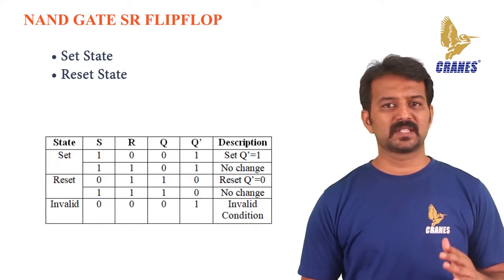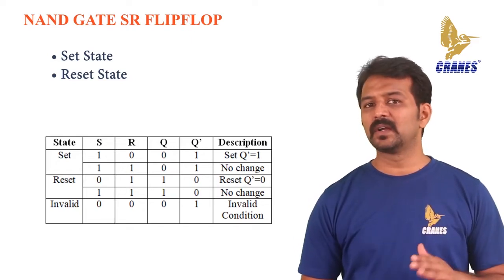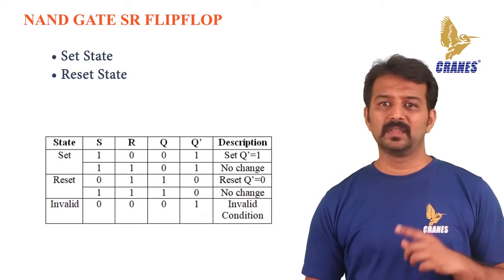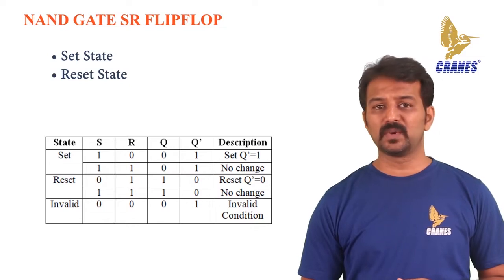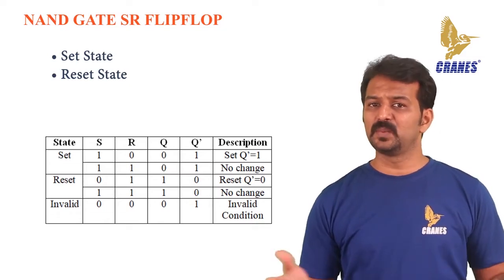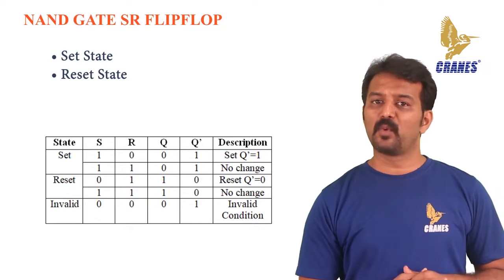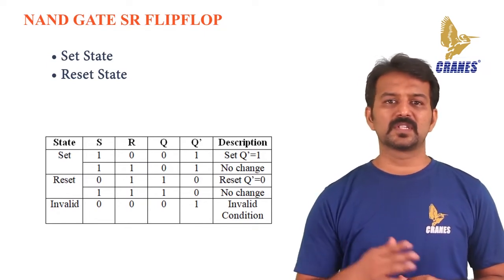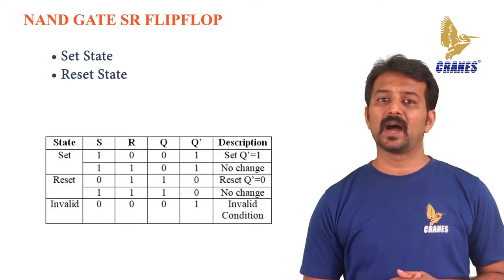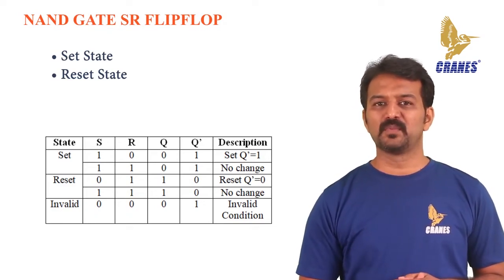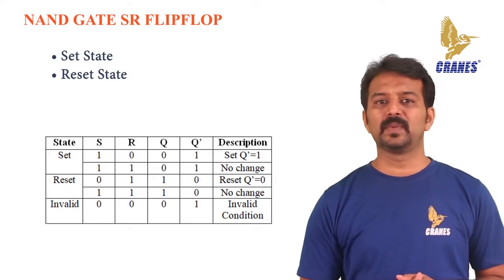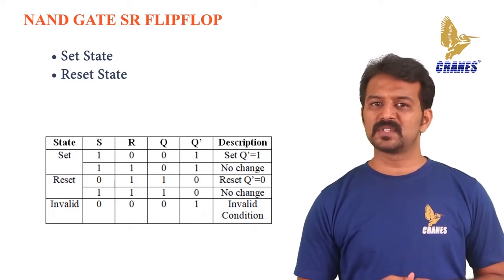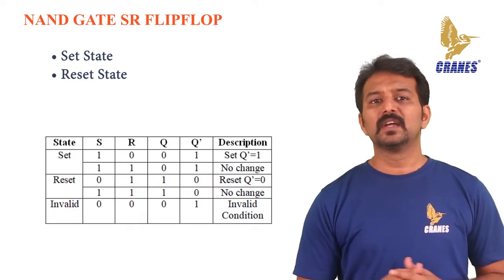Therefore, the condition S equal to R equal to 1 does not change the state of the outputs Q and Q bar. However, the input state of S equal to 0 and R equal to 0 is an undesirable or invalid condition and it must be avoided. The condition wherein S and R both are equal to 0 causes both the outputs Q and Q bar to be high together at logic level 1, when we would normally want Q to be the inverse of Q bar. The result is that the flip-flop loses control of Q and Q bar,